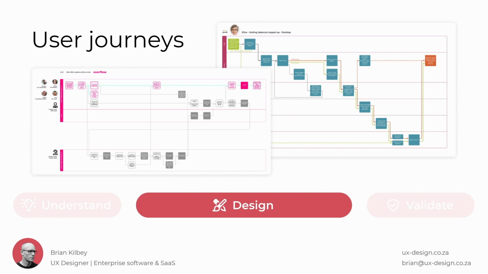User journeys look at the flow where the information architecture deals with the structure. So how are we intending users to flow through the system? And at this stage already we can flag and identify speed bumps and friction that we can remove. Where are the roadblocks happening? How can we